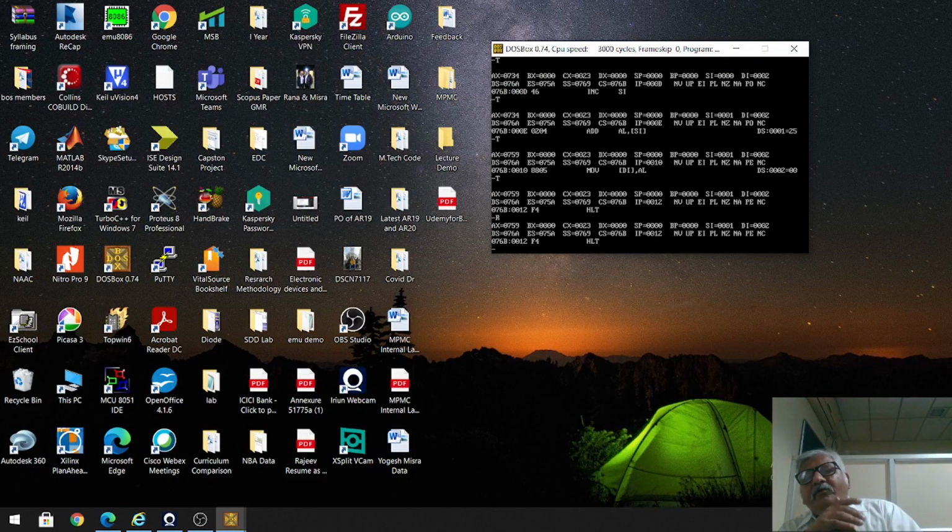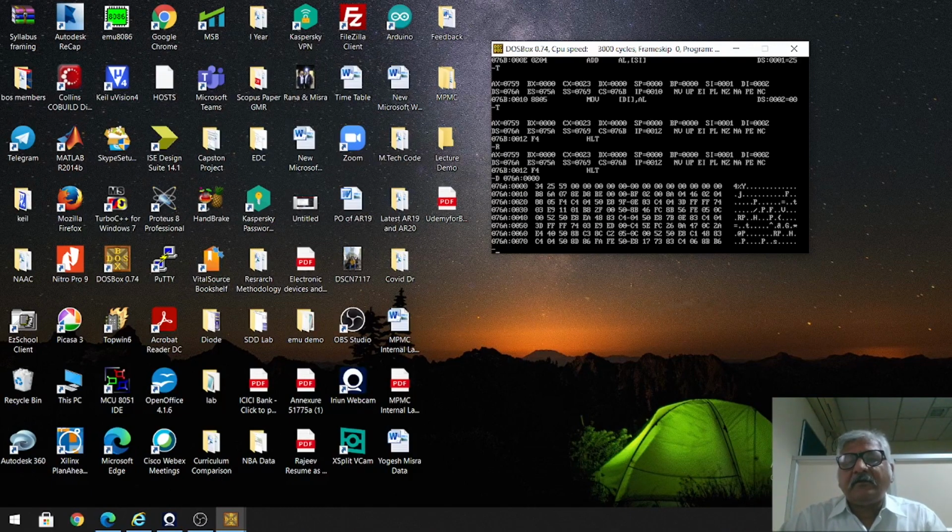Now I will show you the result at the location offset address 0002 in the data segment register value 076A. So how will I display this? D space 076A colon 0000.